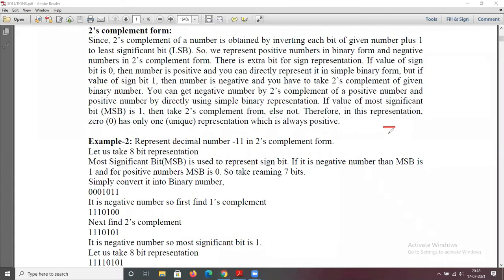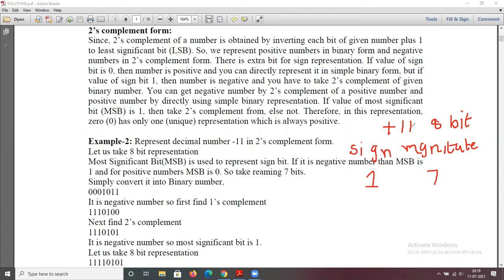representation for plus 11, there are two parts: one to represent the sign and the remaining bits for magnitude. Here we are using 8-bit representation, so 1 bit is used for sign and the remaining 7 bits are used for magnitude.